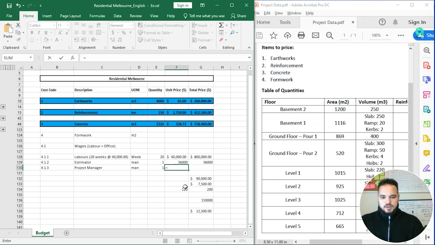So if we do it times 4, it's going to be 50 grand. But then we will also allow, let's allow 35%, because we will need to pay, you know, the